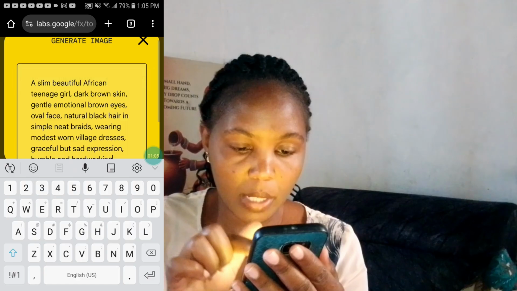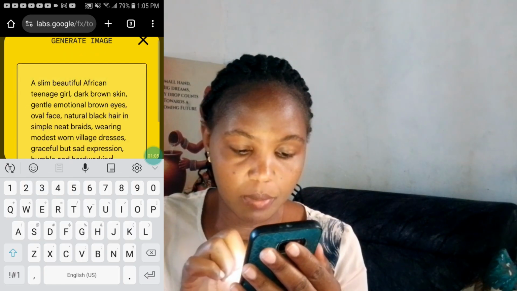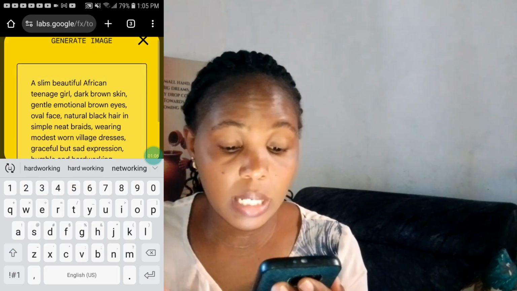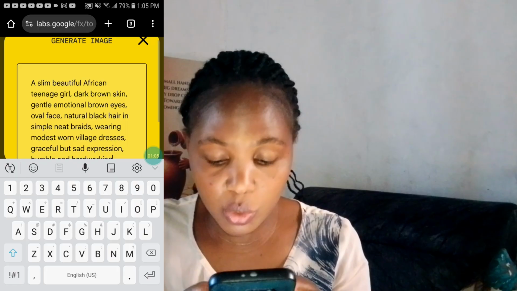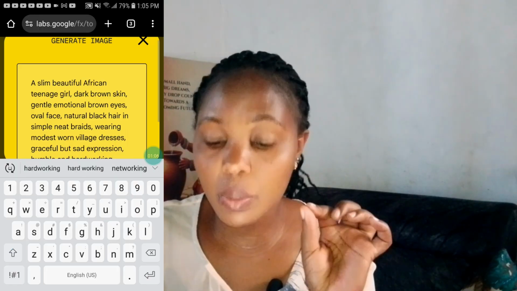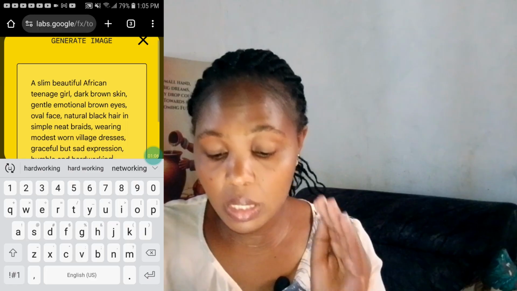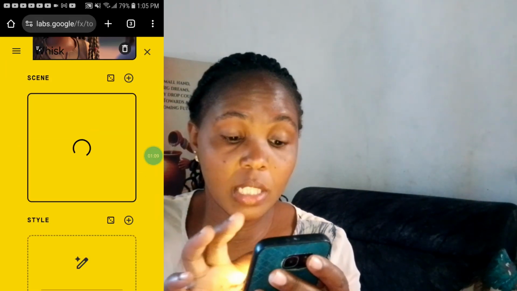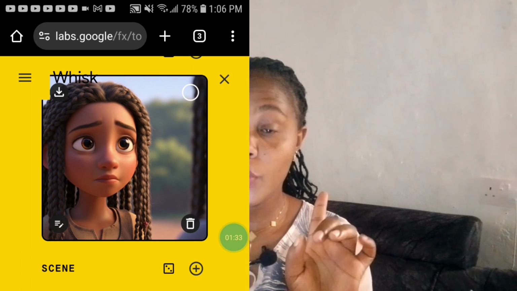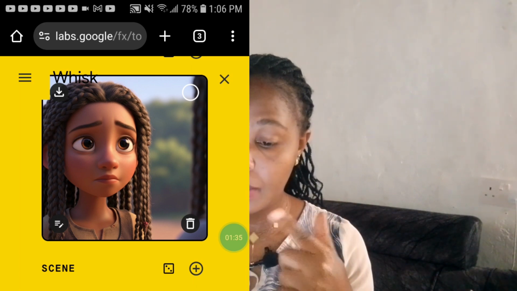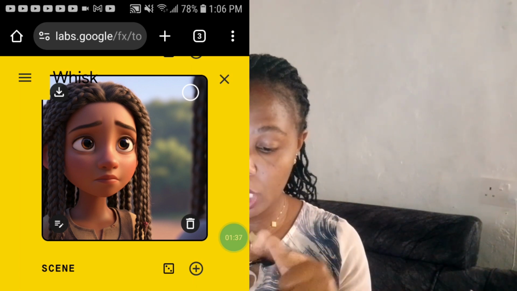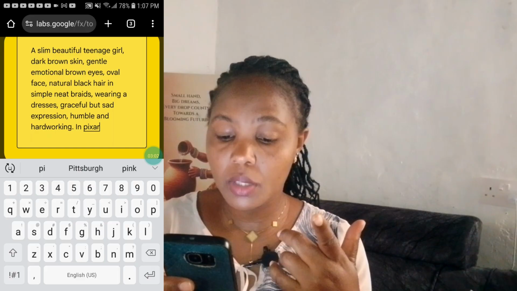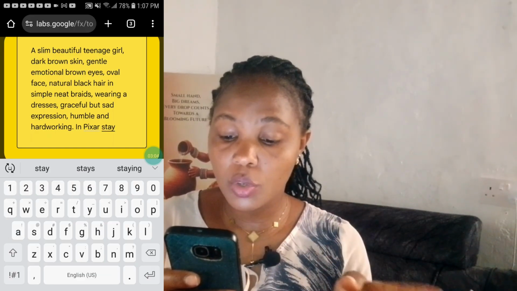Copy, go back to Chrome and paste our prompt. And because ChatGPT did not include 3D Pixar style, let's do that. Please remember to include it in all your prompts so that you can get your images in 3D Pixar style. Click on generate. If you love the image, click on download. So now we've downloaded Amina's image as a small girl, and ChatGPT has given us another image for Amina as a preteen or a teenager.